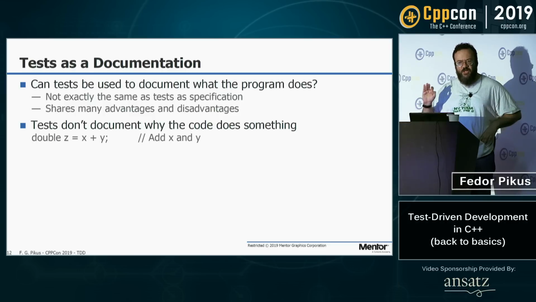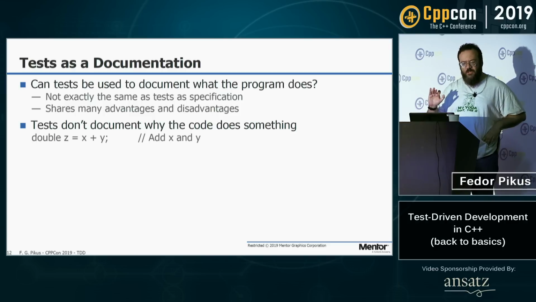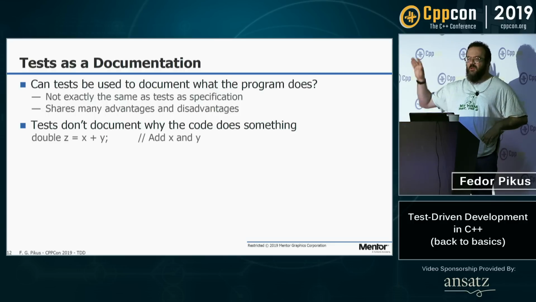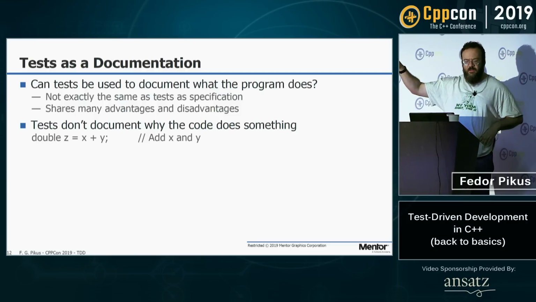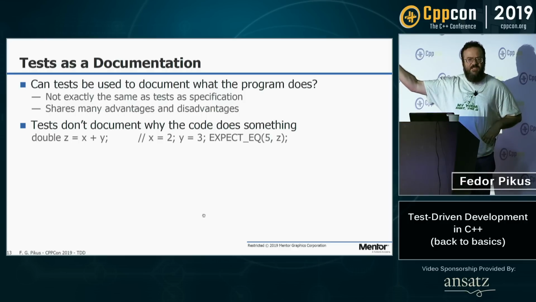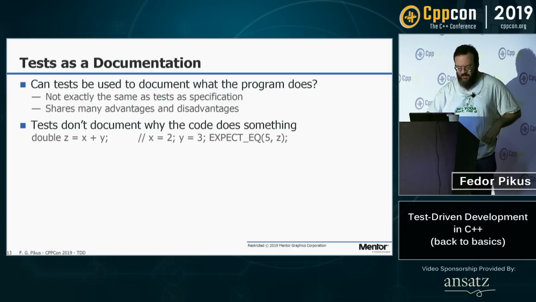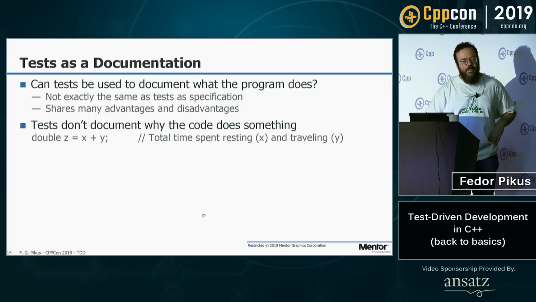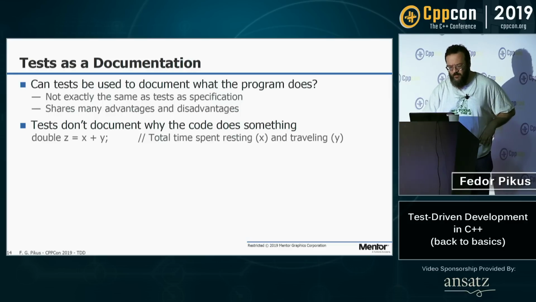Examples for the specification, an illustration of the specification. Documentation is kind of the same thing. You can use tests to document the behavior. You get the equivalent of this stupid comment: this code adds X and Y. Yeah, of course it adds X and Y. And if you use the test as documentation, that's exactly what it tells you. It adds X and Y. It doesn't tell you why, which is what the comment should really do.